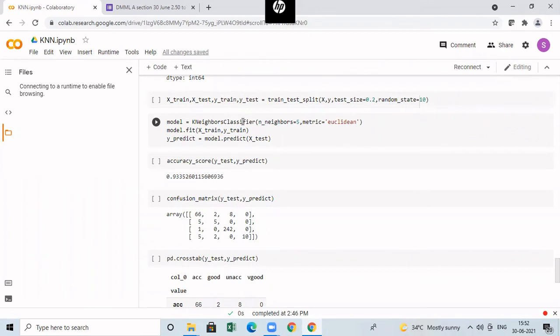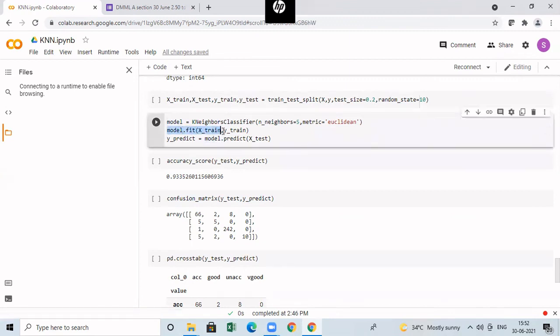Then I'm calling the k nearest neighbor classifier. This will develop the model. It is stored in the variable called model. After that, I am fitting the model by passing the x_train and then y_train. Once the fitting is over, then I'm going to do the prediction. So here the fitting is very simple in case of KNN classifier because a model will not be developed. Okay, that is, the parameters will not be developed. Then I'm going to predict the new testing sample by passing x_test to model.predict. And it will be giving me the classification label that I am storing in y_predict.